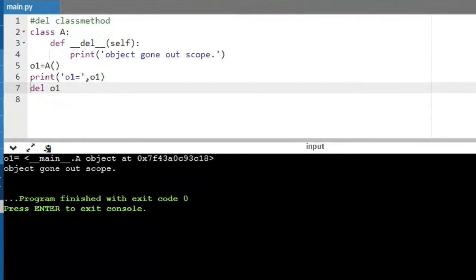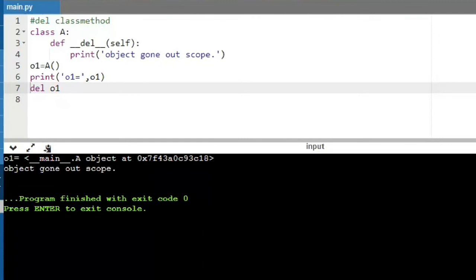Did I make an explicit call to the del method here? I didn't make any explicit call. It is called internally, automatically. When you write a del method inside your program, the preference is given to the code that you have written. So this method will be called, and whatever you have written inside it will be executed. This is regarding your del method, which is the opposite of your init method. I hope everybody understood this. Yes, ma'am.